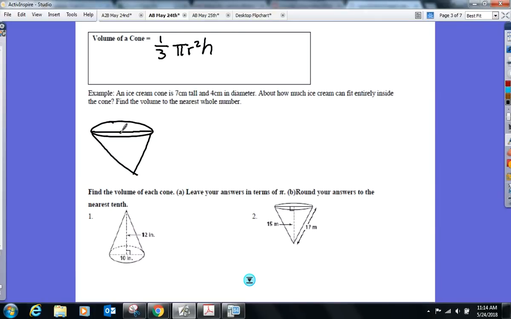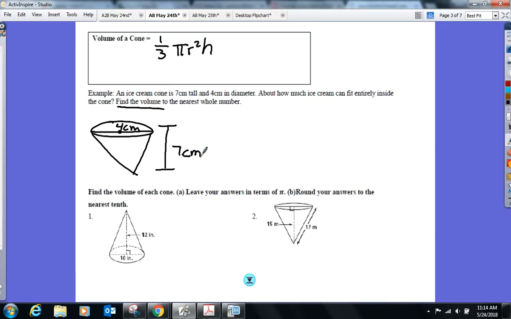Quick question here. I know this is a whole volume deal, but what up? It doesn't. It does say find the volume. Never mind. About how much ice cream can fit inside the cone. So that would tell me even if it didn't say find the volume, I'm finding the volume because I'm going inside the cone. Diameter of 4 and a height of